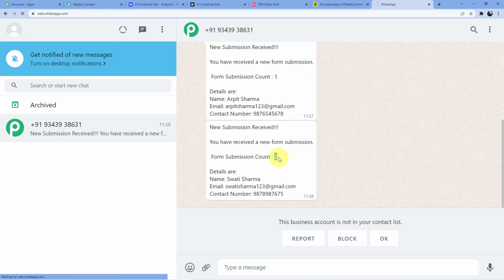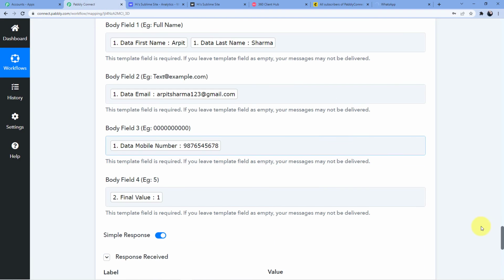Now you can keep on adding, or I should say the people when they will send messages or form submission through any form application, this feature of counter will work, and you will have the form submission count in your WhatsApp one by one for different forms.